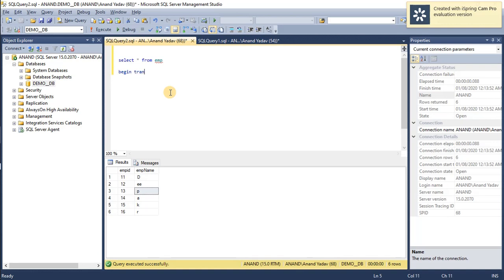Begin transaction, and I'm giving the transaction name as T1. So we are doing an update to our employee table, set his name to S, where his ID is 13.